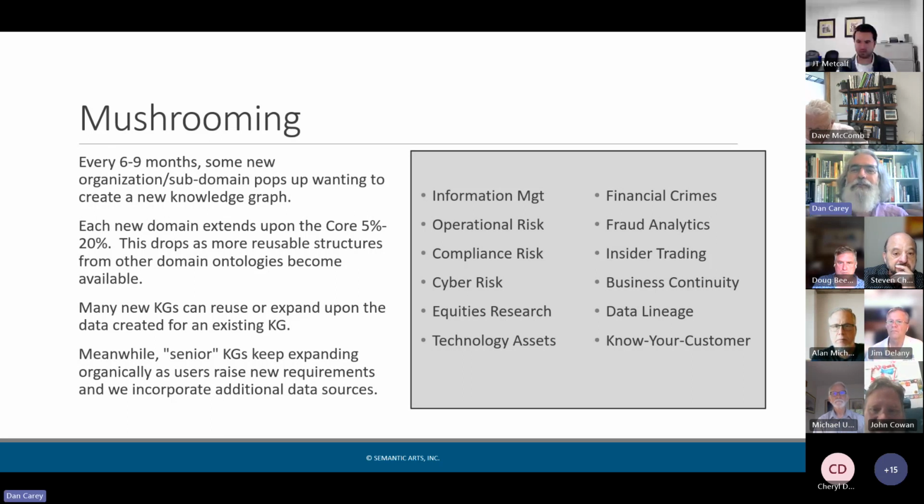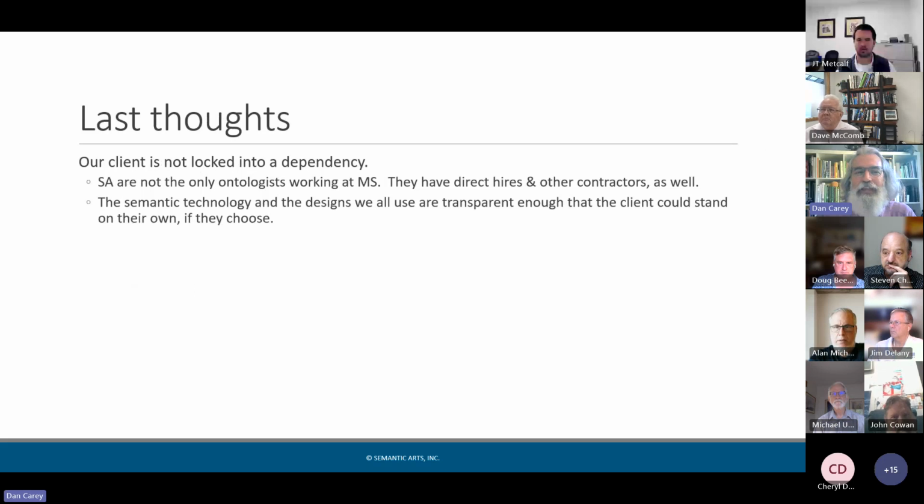We, Semantic Arts, are still working with information management at Morgan Stanley. 7 years later, they just keep bringing in new use cases. There's new things we want to do. We need a new data source. It just keeps organically growing and expanding, which honestly has been a surprise to me. I figured we would probably have been done there within 2.5 years or so, but they just keep on going,